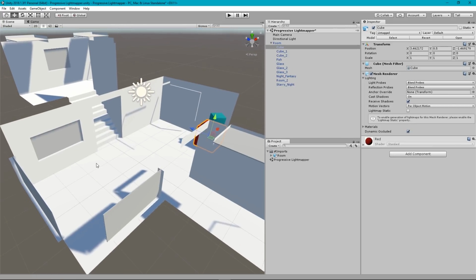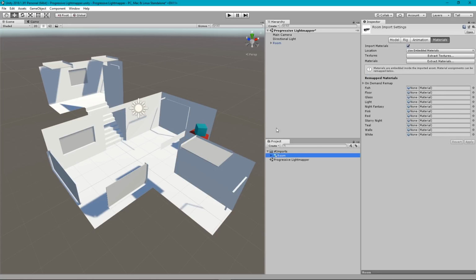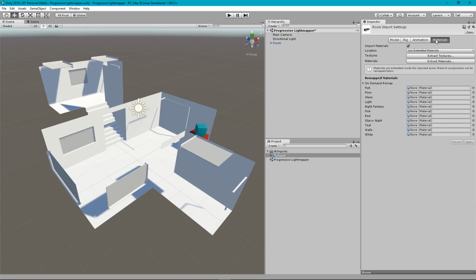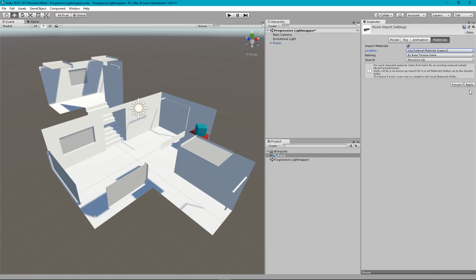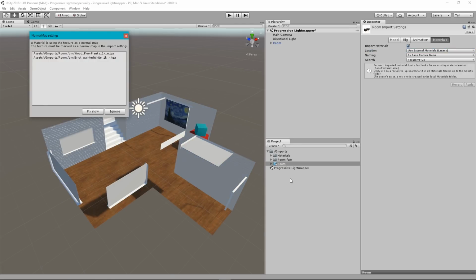But there's no floor material, there's no wall material. In earlier versions of Unity, it would just extract all that information. In 2018, I've got to click on our room FBX in the project window, and usually it's on this tab. But if you go across to materials, you can see that we've got this location, use embedded materials. If you drop that down and just say use external materials, legacy, and then apply, it'll actually extract my materials